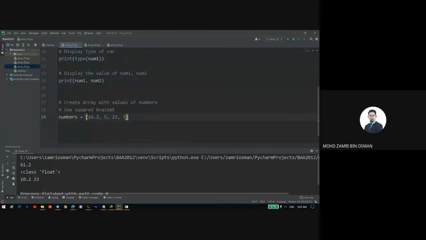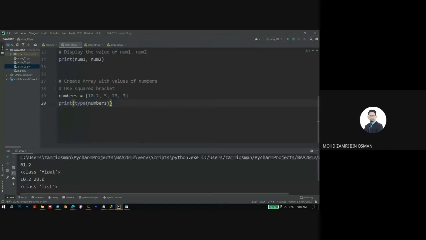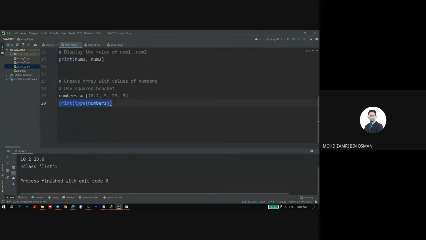We want to know the type of this one: print type of numbers. So run the program. You can see that right after this, line number 20 here represents the output of this one. Class is list. Okay, it's class list. It does not become integer or float anymore, but a list here is